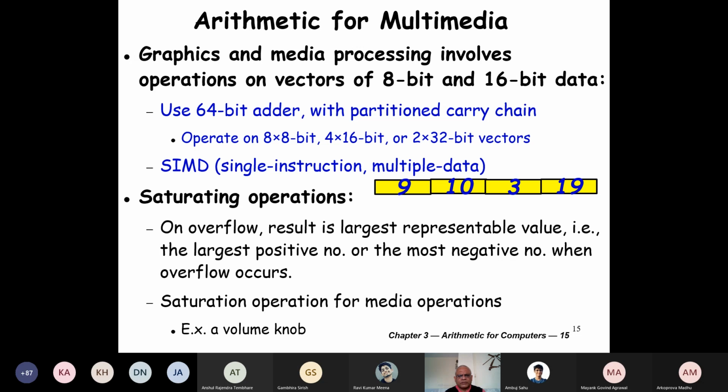It is just like a volume knob, or let's say the increment volume button on your mobile. We keep on incrementing the volume, but it saturates at the largest value. So the same type of saturating operations is used for multimedia.